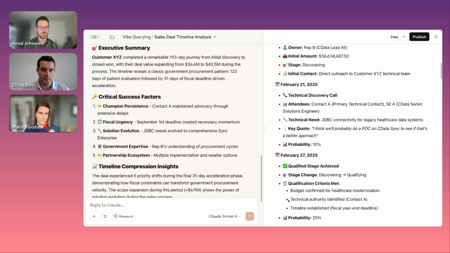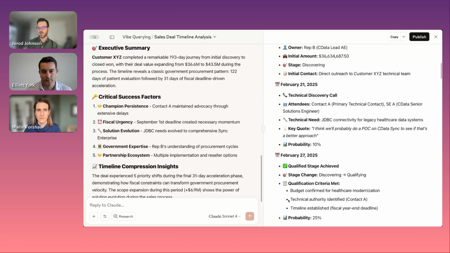And what I found was it was an implementation partner that we have had interactions with before. And digging into the deal further, it appeared that this implementation partner was critical in this particular opportunity, even coming into CData in the first place, right? And that's a really interesting thing to uncover on what led to the opportunity. So that was, I think, the first interesting finding that I had on this particular deal.